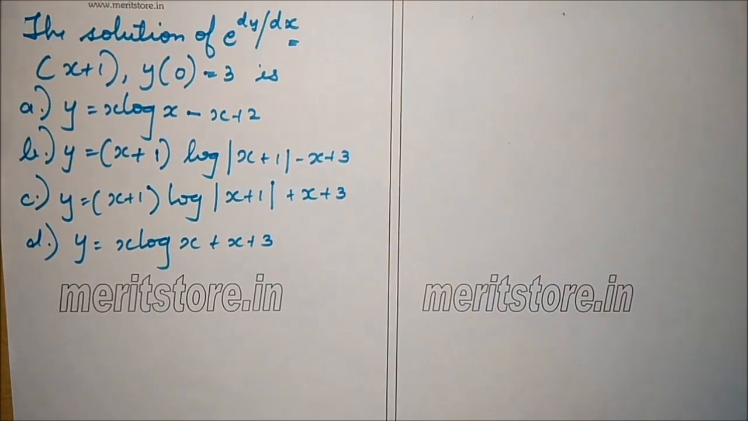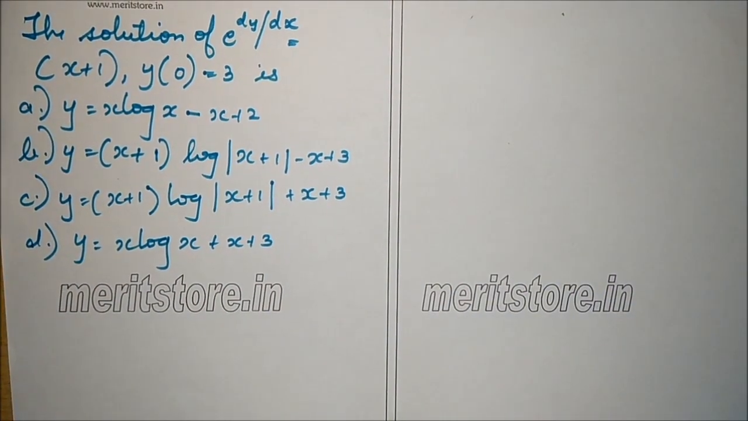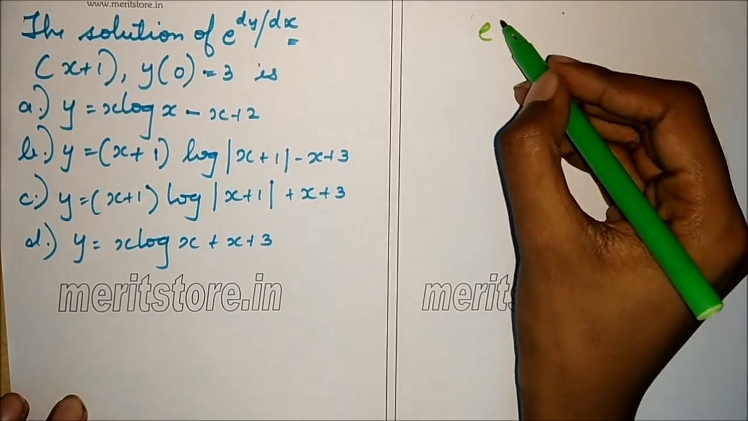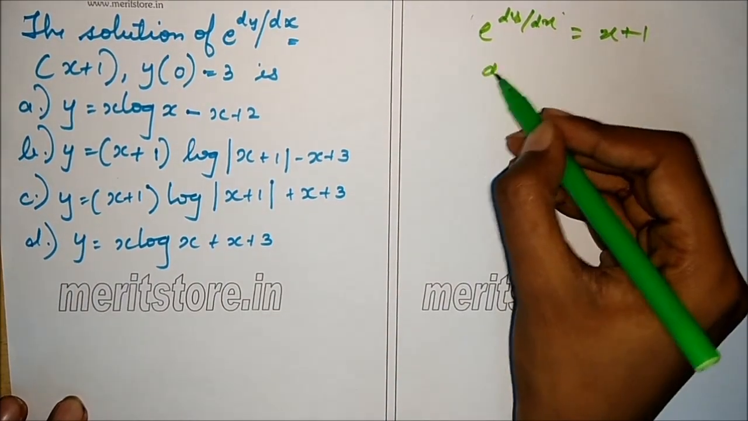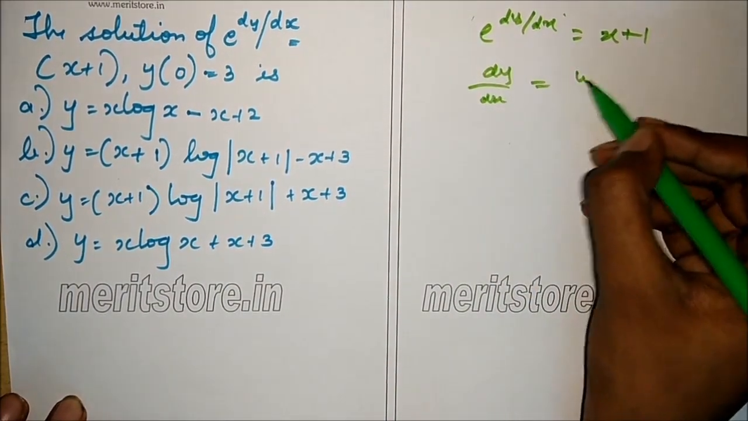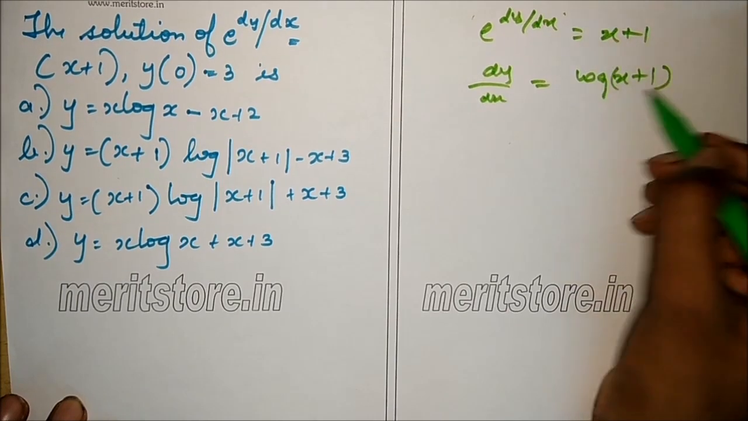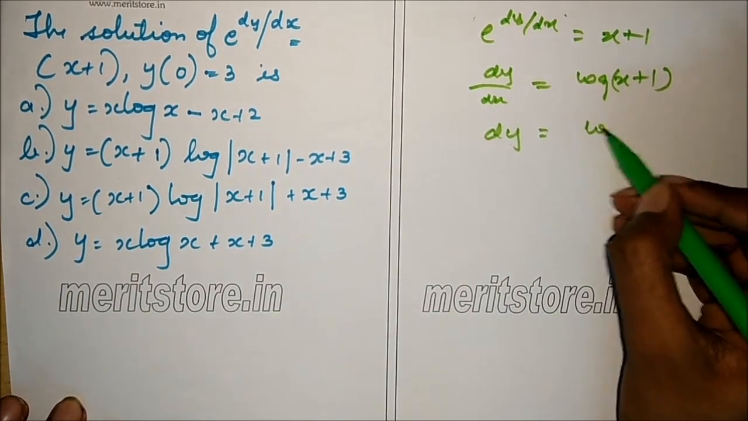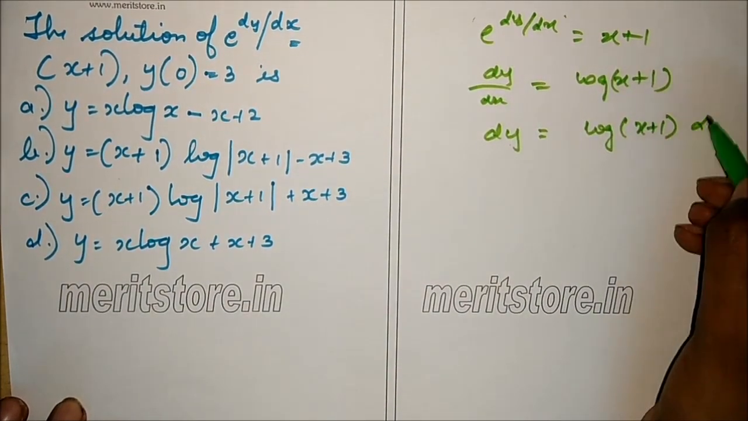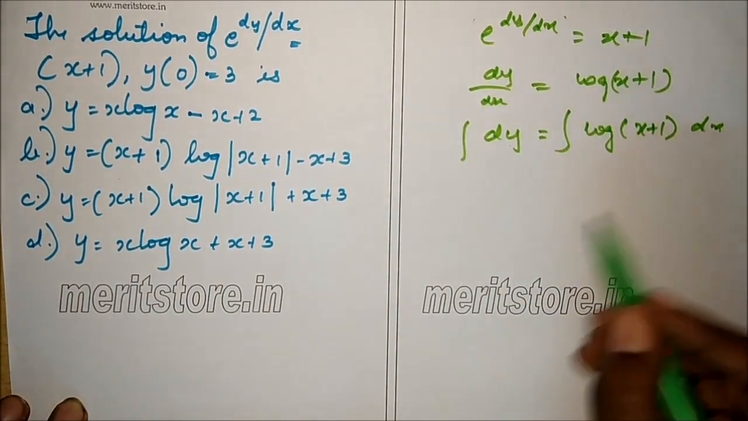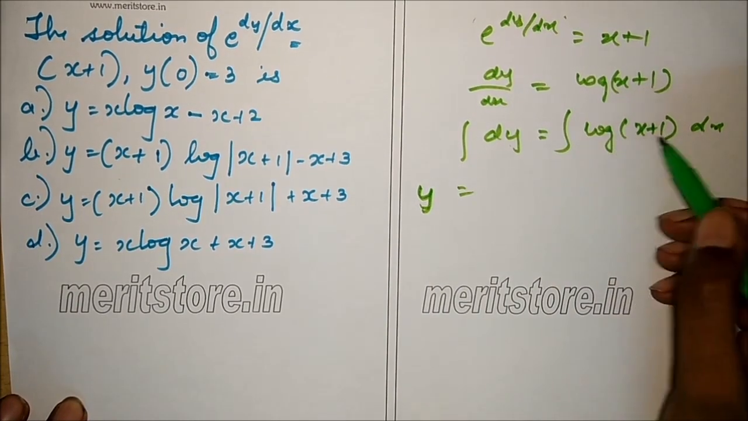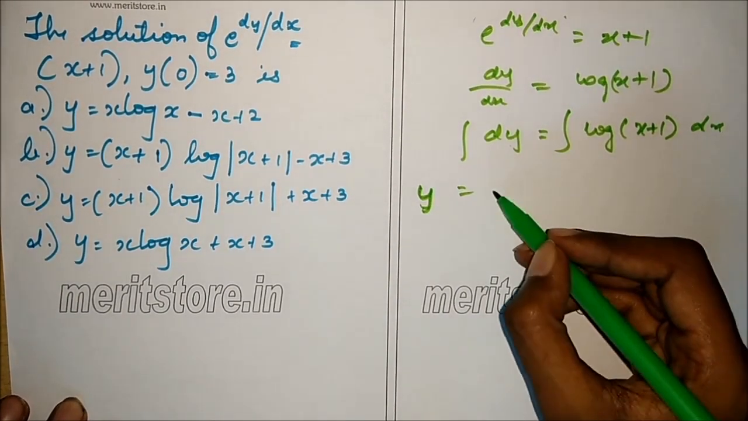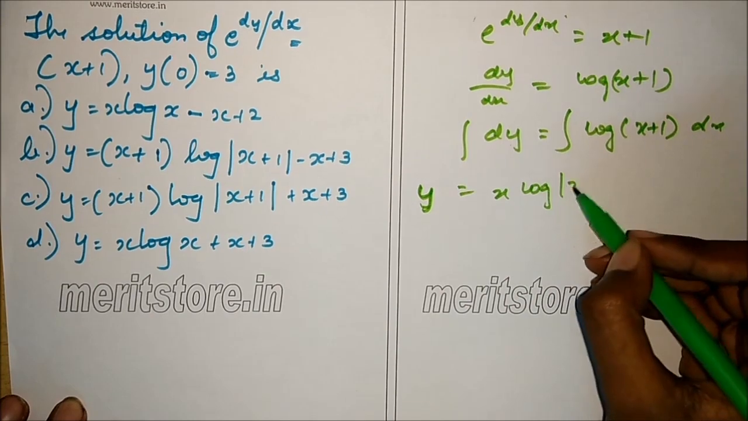The solution of the differential equation e raised to dy by dx is equal to x plus 1 is given as e raised to dy by dx is equal to x plus 1. So therefore dy by dx will be log of x plus 1. So dy is equal to log of x plus 1 dx. Integrating both sides, we get y is equal to, now integration of log x plus 1 is x log x